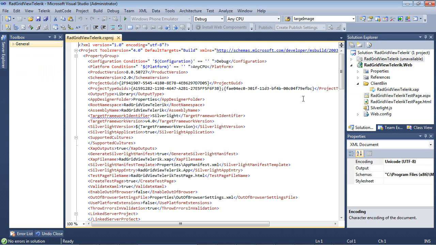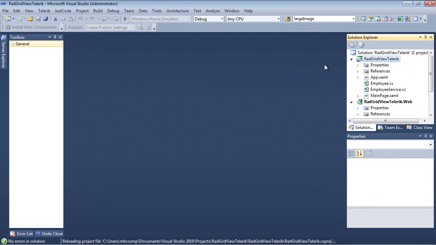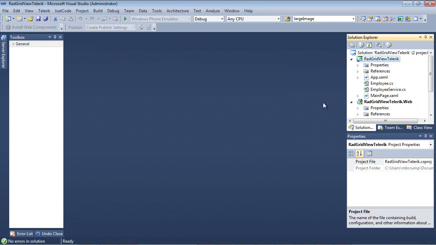.csproj file. Once I do that, you can see here that we have supported cultures highlighted. Spanish is actually going to be ES. So I can simply type ES, and we'll just go ahead and move that line up, and I can hit save. I can come back to my project and reload the project